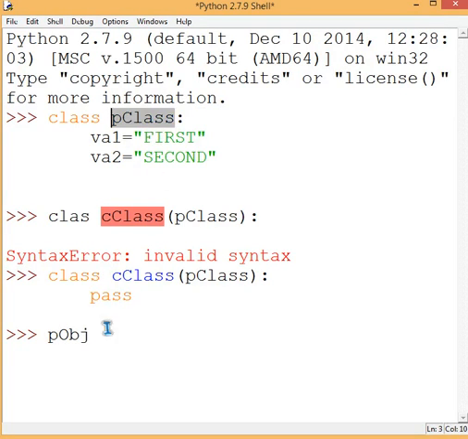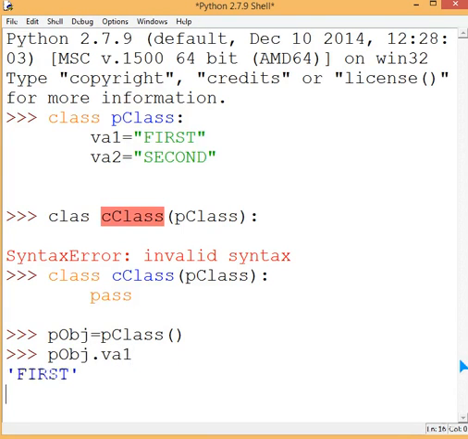We equate it like this, and we have a parent object. Now let us see how to call va1 and va2. It's quite easy. We are calling them through their own object, so there will be no problem. You say va1, it will print first. You say va2, it will print second.